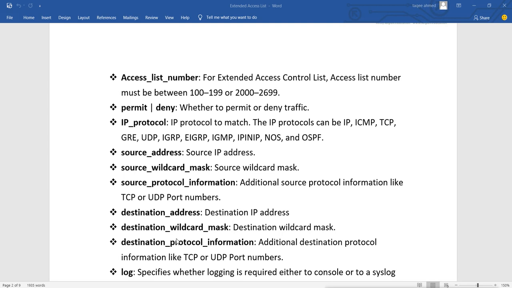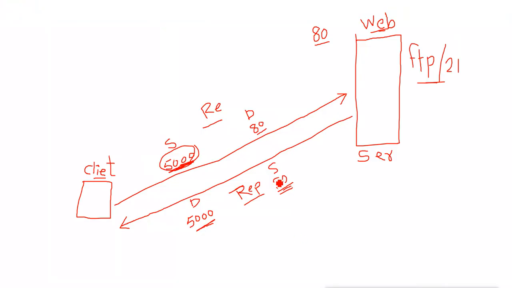Then you will mention the destination port. Here we always mention the destination port for the destination protocol information. Suppose this is the client and I want to block this client from accessing this web server. So what will I block? The request.